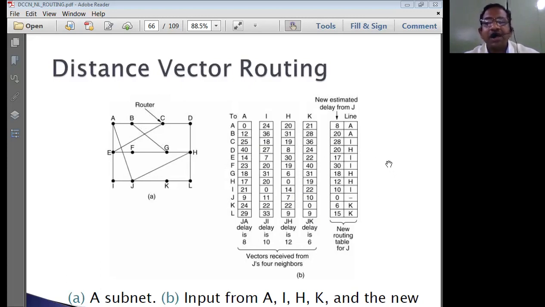For example's sake, a routing table has been prepared for routers A, I, H, K, and J. All these routing tables have been prepared with the expected destination being router J, so the packets travel J to A, J to I, J to H. In computer terminology, we have to come in reverse. When a packet is traveling from A to J, we write JA. When a packet is traveling from I to J, we write JI. Destination first, source next.